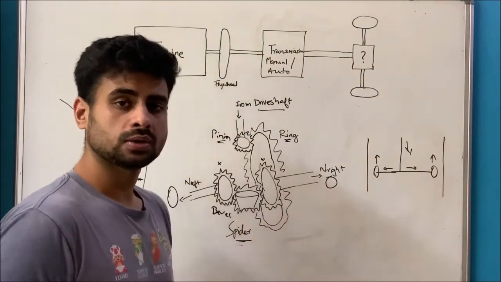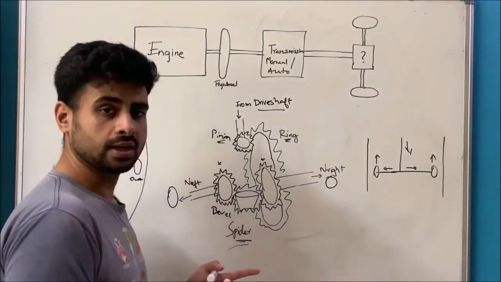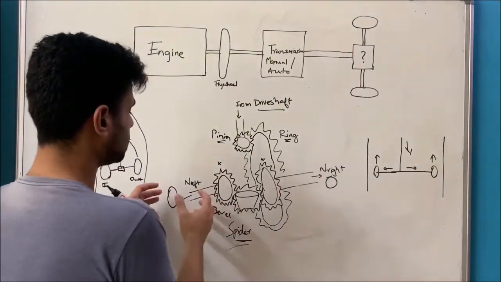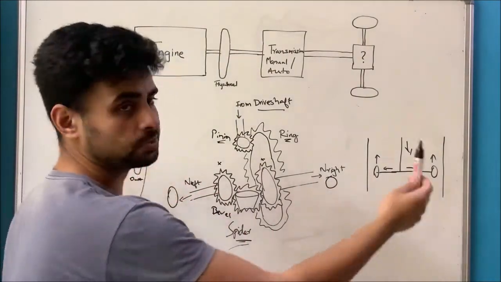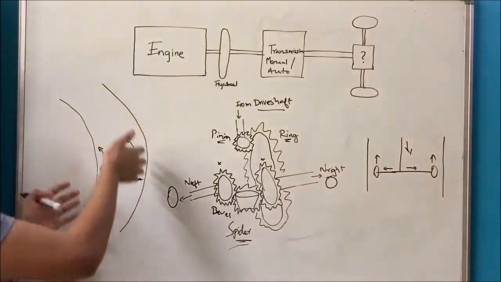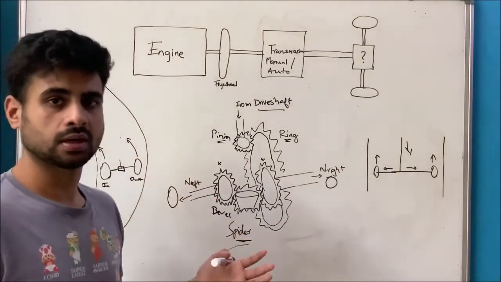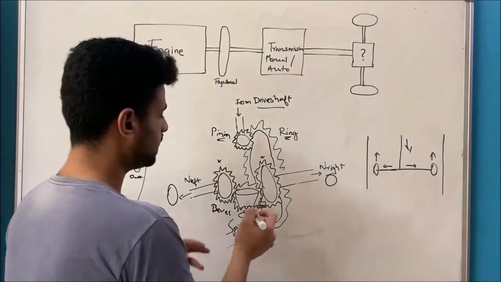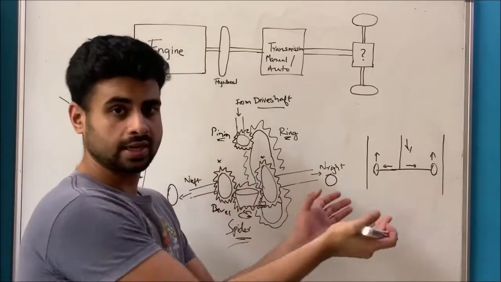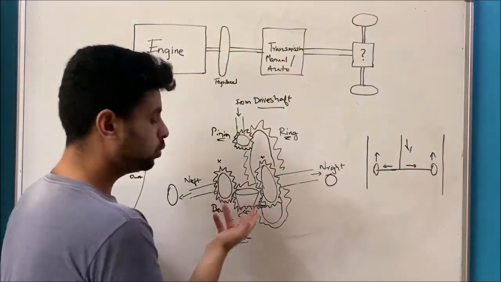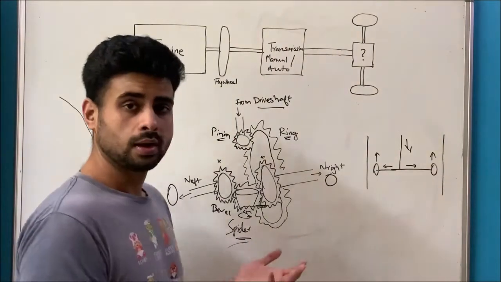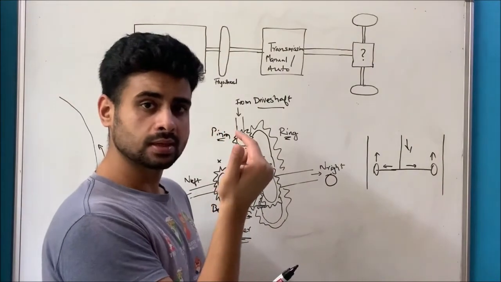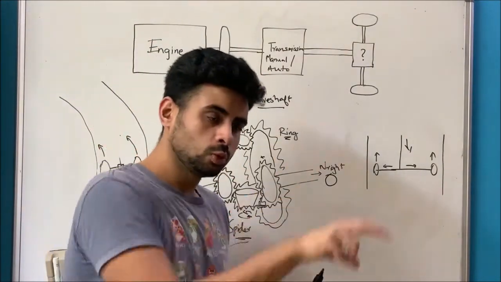So the story is playing out such that obviously now the spider gear is the one that ends up making the decision as to which bevel gear gets how much power, so that the wheels turn in whatever way, left turn, right turn, etc. So the way the spider gear works, it can move in two ways. Because it is connected to the ring gear here, it is attached, like mounted to the ring gear, it can move just freely with the ring gear, or it can also rotate on its own axis. So it can move like this, but because it is attached, it can just move with the ring gear as well.